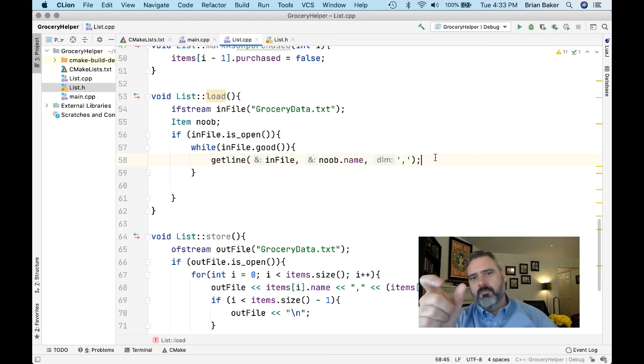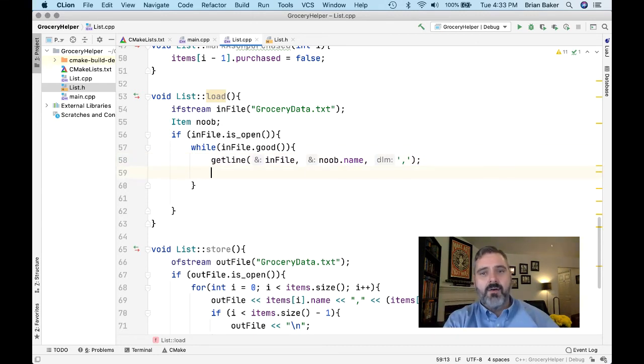So I'm going to grab that delimiter and then basically get rid of the delimiter. We're not going to include the comma in what we're grabbing, but we're going to grab everything up to the comma, not including it, and get rid of the comma off of our file buffer. So I've just got the name before it. I'm going to take that, put it into noob.name, and we're good. Now I'm at the character right after the